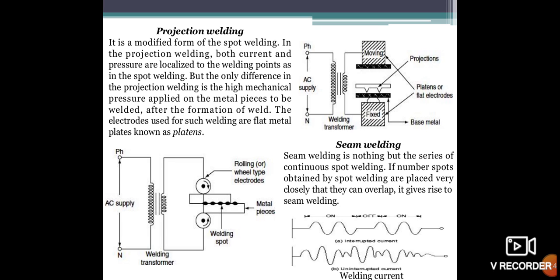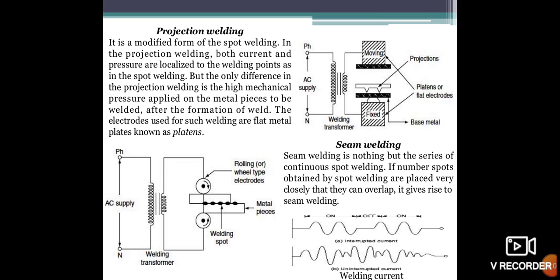Next one is projection welding. In projection welding, you can see the figure. It is a modified form of spot welding. The electrodes used are flat and not pointed as in the case of spot welding. You can see the figure, the projections, there are multiple spots in the